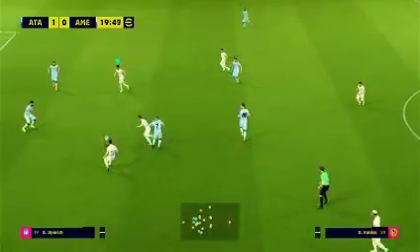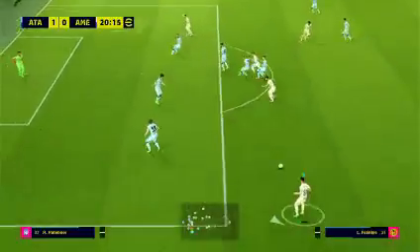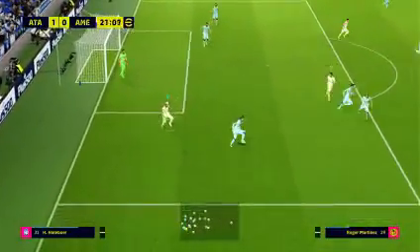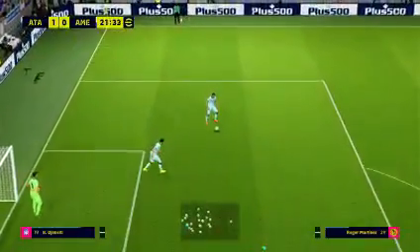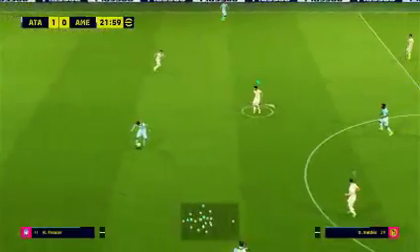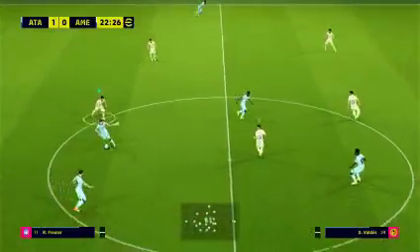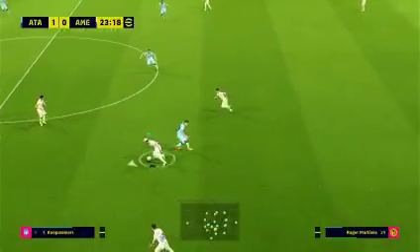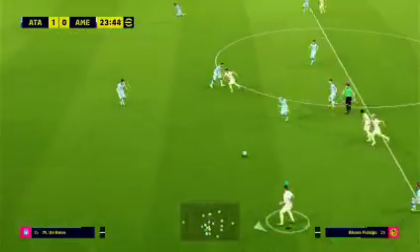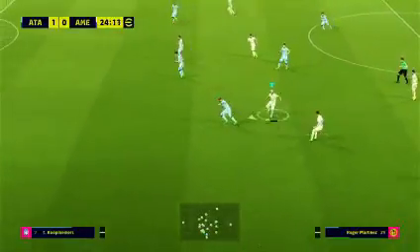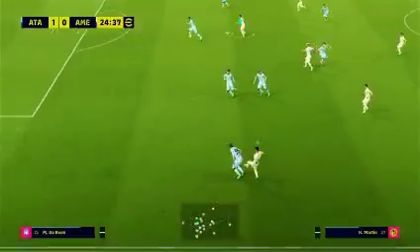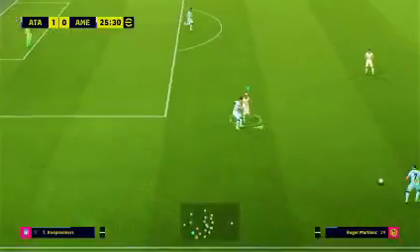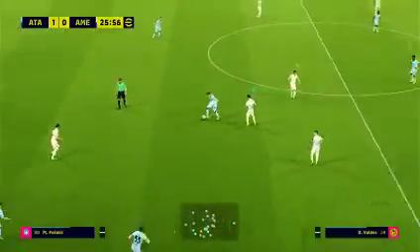Alvaro Fidalgo looking tidy in possession here. Now there's a fine ball. Freuler. Spread out to the left. Alvaro Fidalgo. Pasalic.